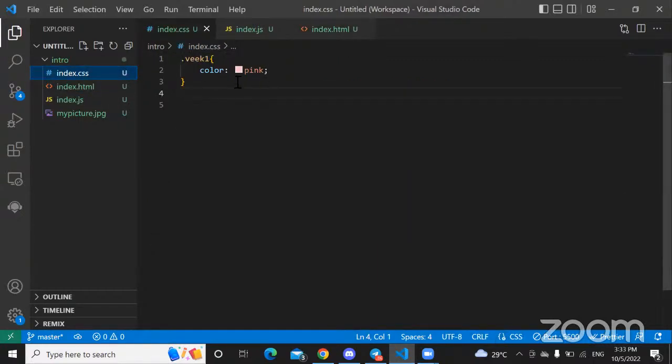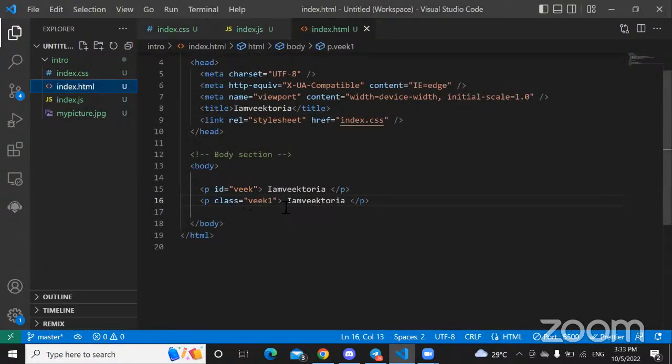So now I'm using this class here, .vic. I'm giving anything that has the class vic1 the color pink. So if I have another P here, and the class is also vic1, I can give two elements the same class. So I can name this hello world, right? Hello world. These two are both sharing the same class, but two elements cannot share the same ID,